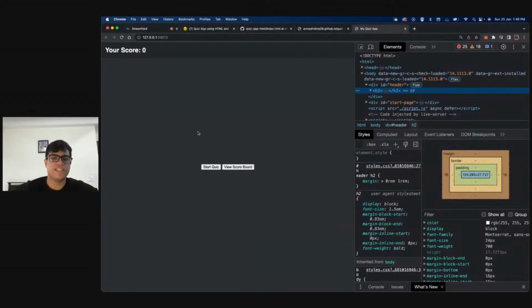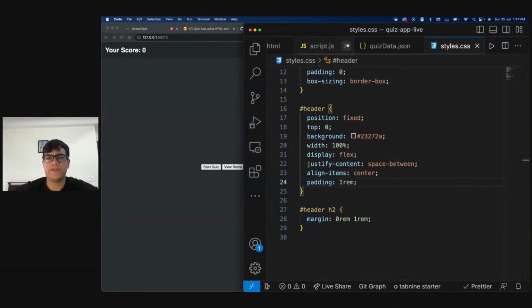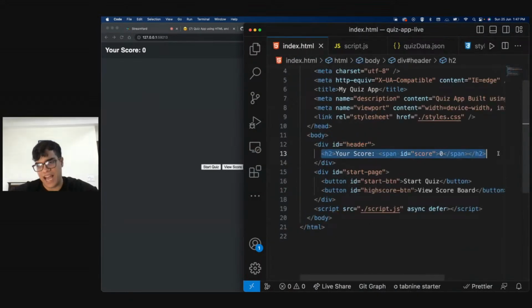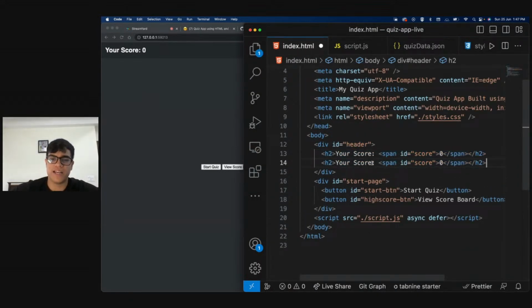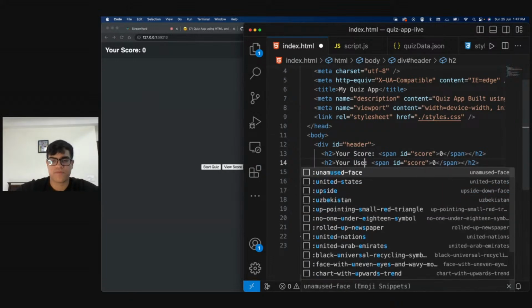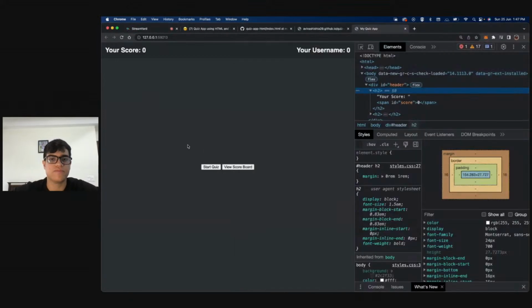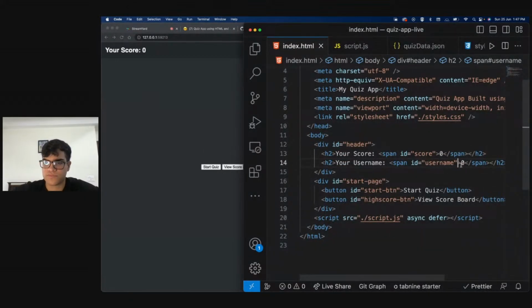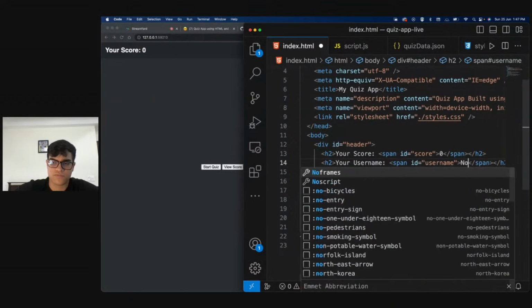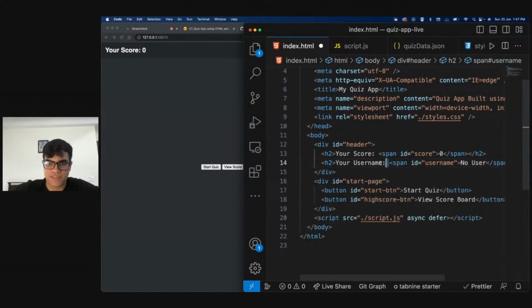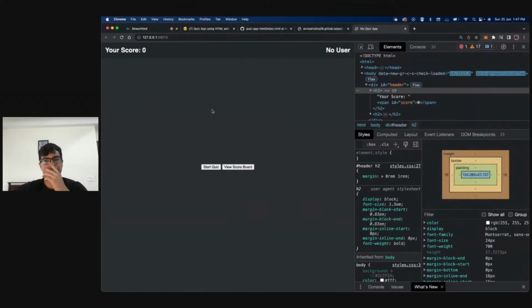Okay. The reason I did that is that we'll have our score over here, and I'll also have your username, because you guys wanted me to have my username on the screen as well. Or I can just have this directly. We'll have the score on the left and our username on the right. I think Sanjeeva wanted me to do that. So Sanjeeva, here you go. You'll be adding our username on the right.